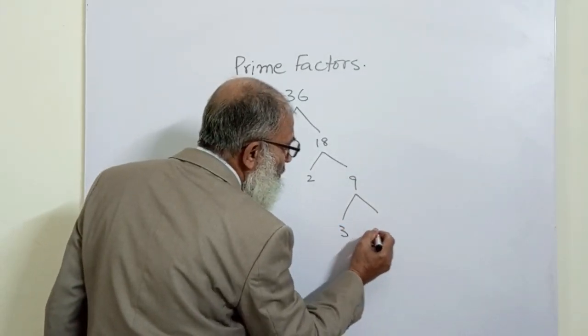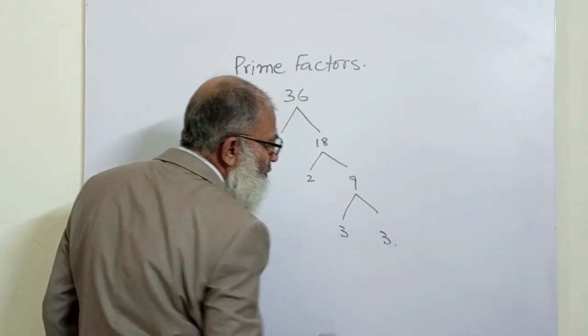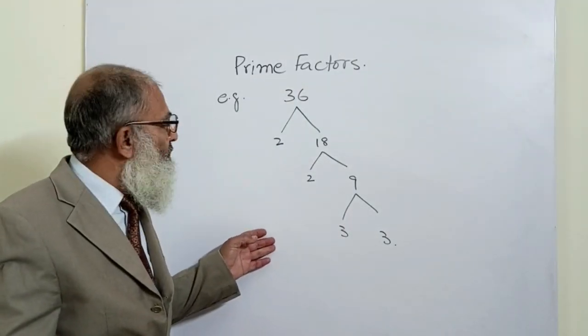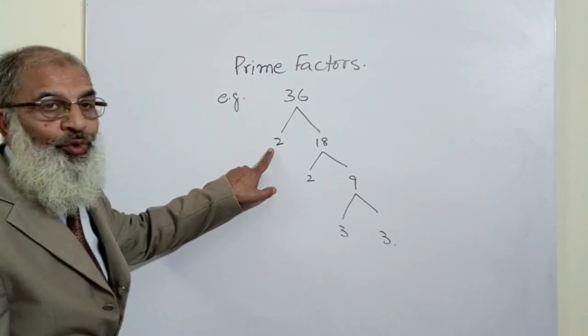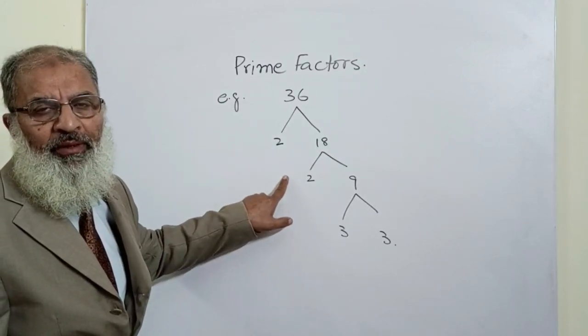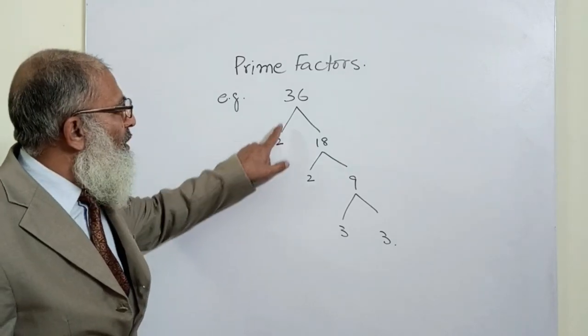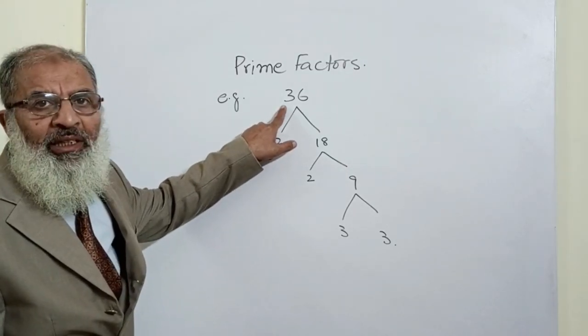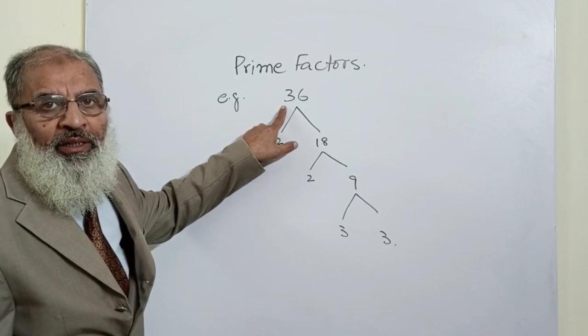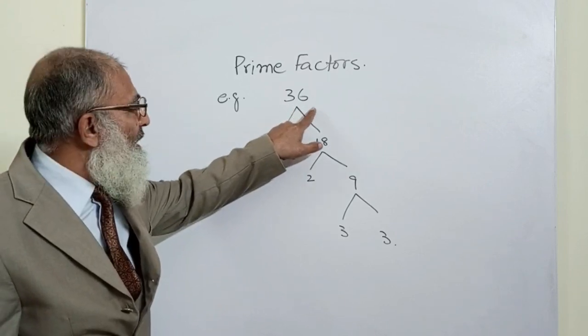So what I do is go to the next prime number. But my dear students, you have to keep in mind that you start from the lowest prime number. You see here, it would have been divided by 3 as well, because it is divisible